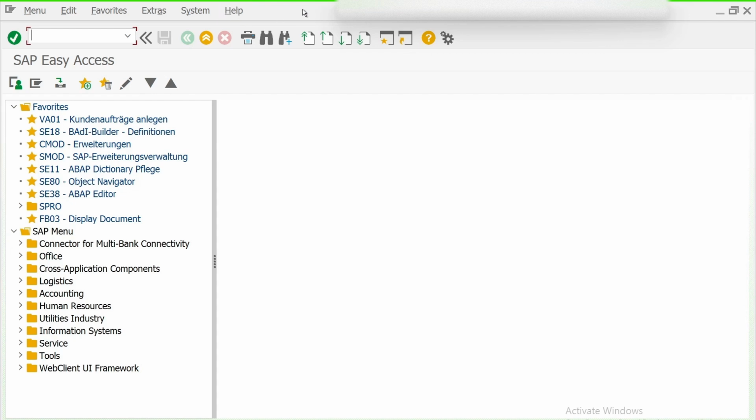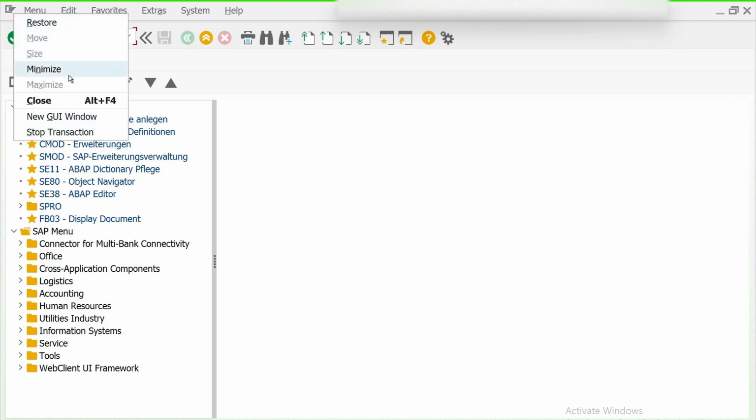In the menu bar, at the top left you have this SAP icon, but in newly produced versions of SAP, like 2023 and 2025, you will see three lines in place of this icon. What is the use of this icon? If you click here, you can see these many options. The most important are these three.